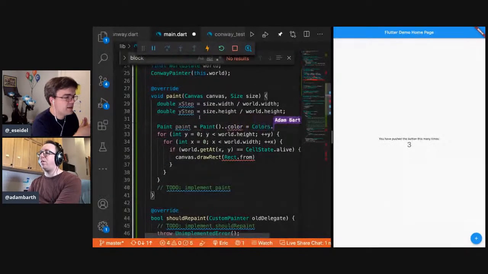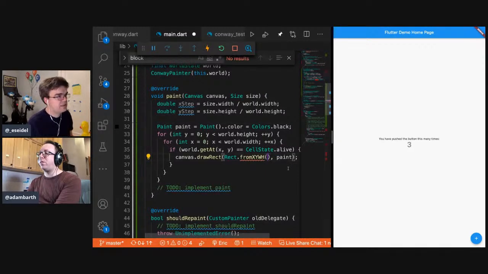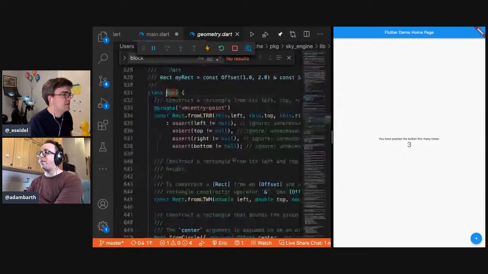Are you pulling the paint out just because you don't need to remake it every time? Yeah, I'm just going to always do it with black paint. Let's see, from X, Y, with height. Is that a valid constructor? I think it's width, height. We can go look. It's like top left, width, height, I think. Oh, okay, that sounds right.